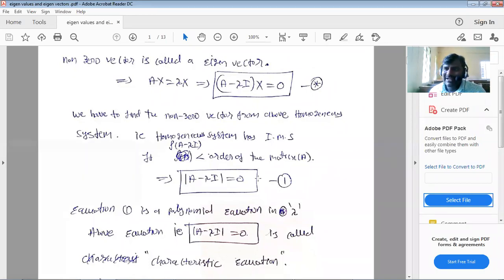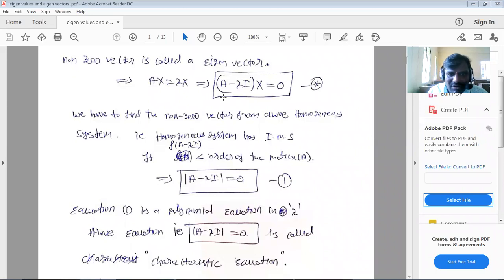Now, what can you say about the rank being less than the order? What can you say about the matrix? Can you tell me? Anyone? If the rank is less than the order, what can you say about the matrix? Is it a singular matrix or a non-singular matrix? Suppose I have a 3 by 3 matrix and my rank is 2. Therefore, what is the determinant of the matrix? The determinant of the matrix is 0. Good. If the rank is less than the order, then the matrix is called a singular matrix, and for a singular matrix the determinant is always equal to 0.